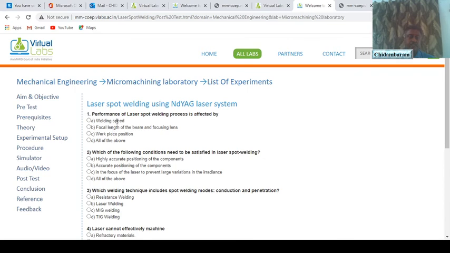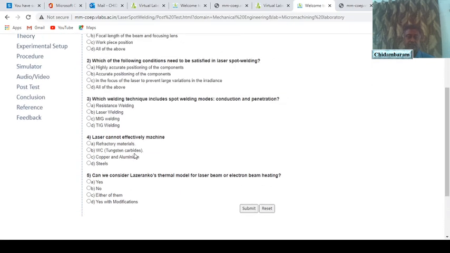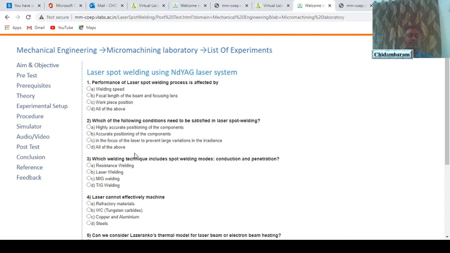All these things are given in the theory, so you can choose all of the above. Which welding technique includes spot welding modes, conduction and penetration? It is laser welding. Likewise, you can answer all the questions and submit. It is not mandatory again. This is for your knowledge development.